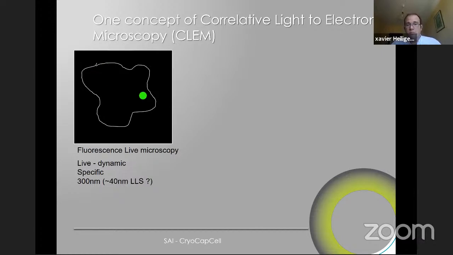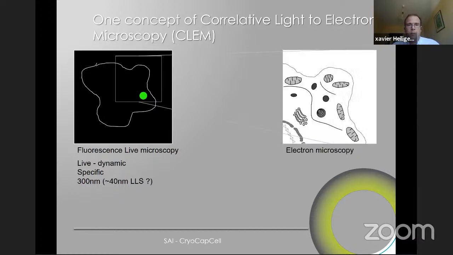Then things are moving in the cell biology field, and in light microscopy we see things moving. But then we want to be able to see that in electron microscopy. Ideally, electron microscopy will give you fixed, contextual information. It could be specific, depending on the technique you're using. CLEM is one of the examples, and we've heard about that from Claudio before. The resolution is, let's say, 5 nanometers in plastic EM, and I will not go into the technical details of that. But ideally, what you want is to overlay the two images to understand what happened before, which is not always possible.